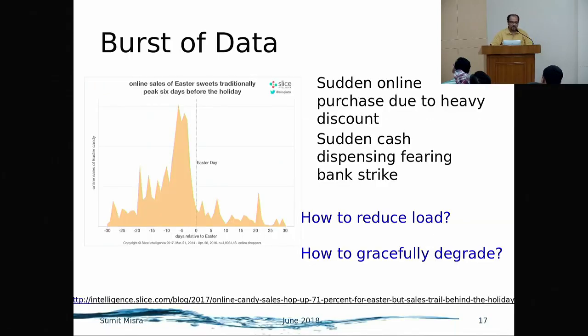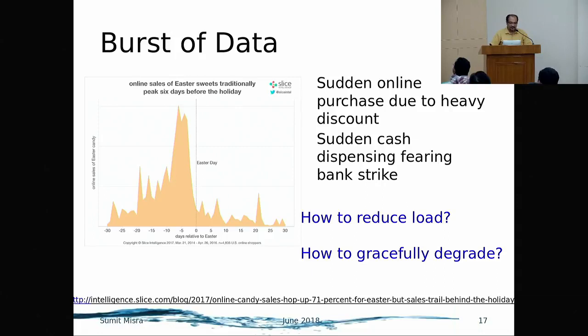But what happens if there's a sudden rise in data? Your entire system is built to handle whatever, but everything is finite. There is a boundary of operation that you can build on. It may be large, but still there is a boundary. So if you have a very large amount of data suddenly coming in, you have to reduce the load and you have to degrade gracefully. You have to degrade the service because you don't have infinite data, infinite memory. So how do you degrade gracefully? This is where sampling comes in. You do not consider all the windows. You skip windows, you skip things.